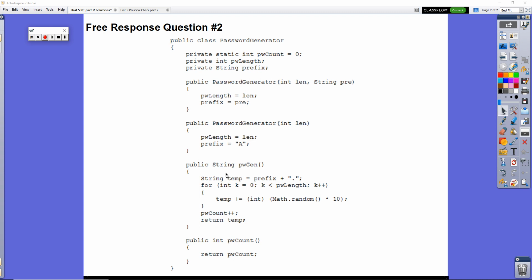Now, one more thing that we need in this class is an accessor method for the PW count. Since we made that static variable private, if somebody's asking how many passwords have been created, we need an accessor to actually return that number for us. So this would be the solution to question number